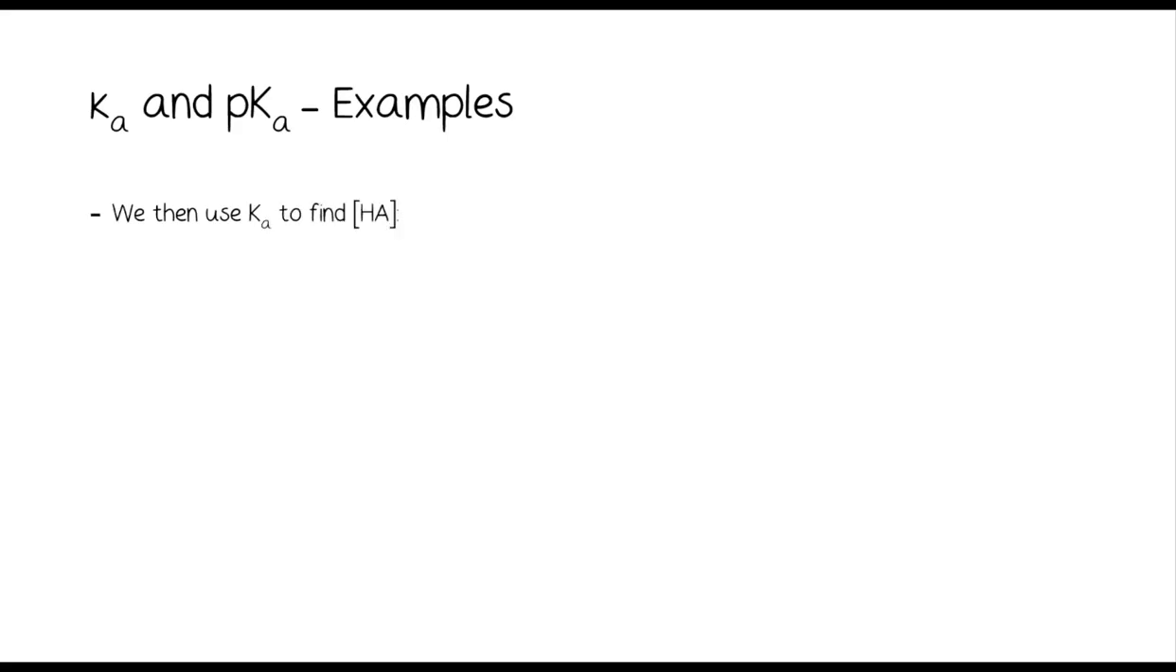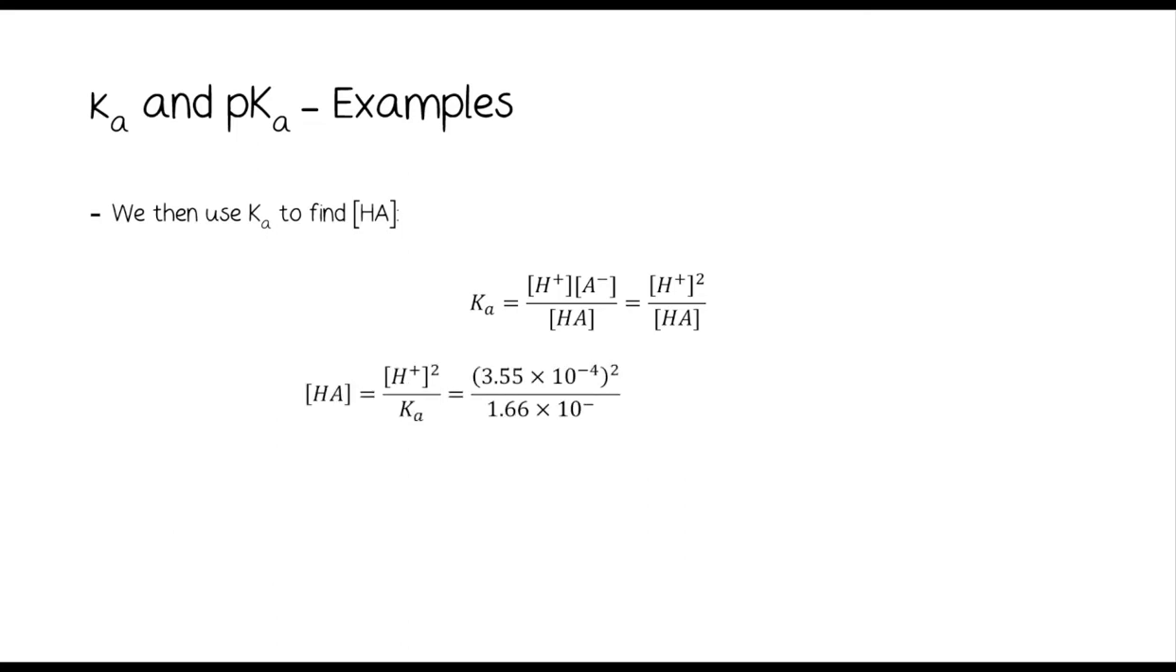Then you can use Ka to find HA. Again, because it's a pure weak acid, you can assume Ka equals [H+] squared over [HA]. You rearrange it for [HA], and you should get an answer of 7.59 times 10 to the minus 3 moles per decimeter cubed. Now I know you guys are probably sick to death of that,